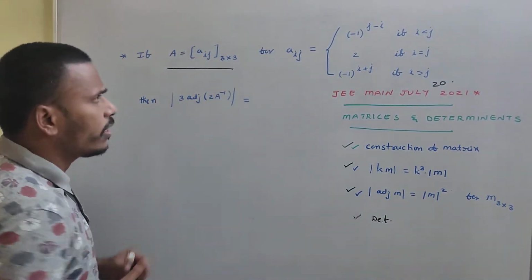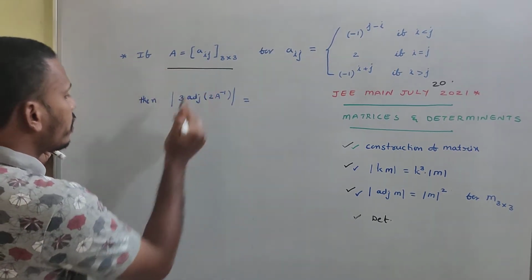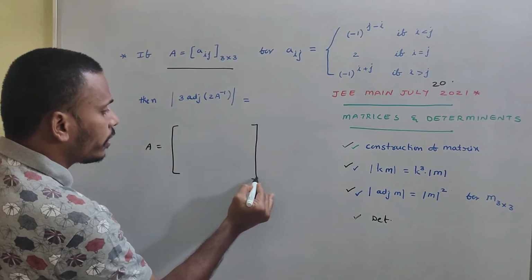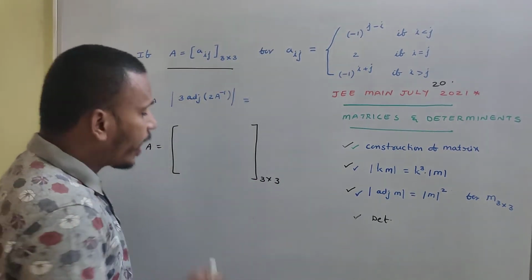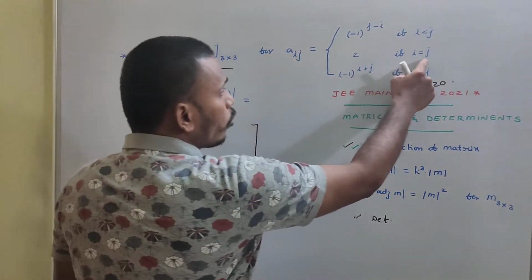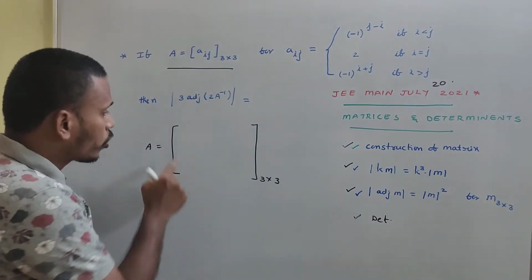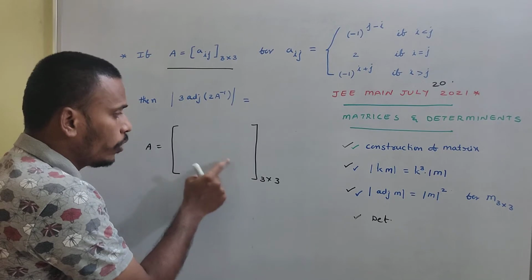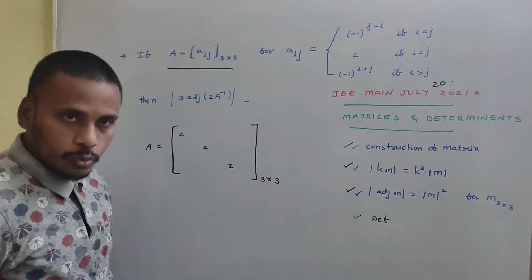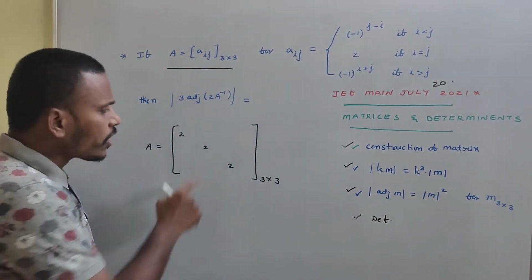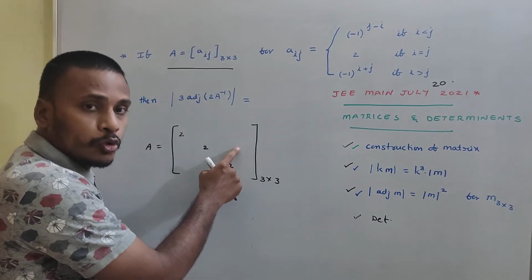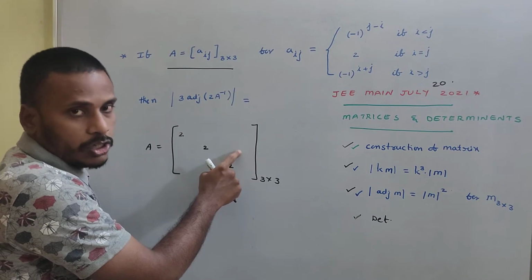Now, first thing, we need to construct matrix A. This is the definition. So A is of order 3 by 3. What I have to do is fill these places using that definition. I is equal to j in the sense of row and column being equal. So this is A11, this is A22, this is A33. So i equals j means these three elements are 2, 2, 2. And then i less than j. So this is 1, 2, this is 1, 3, and this is 2, 3, second row, third column.